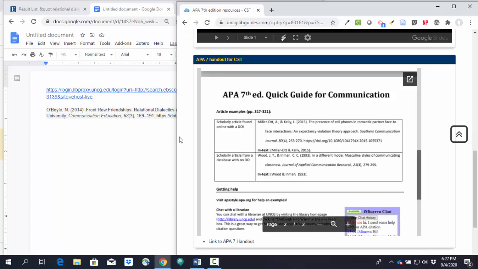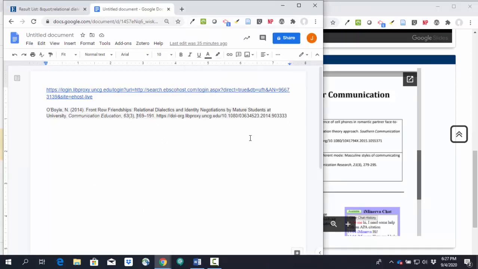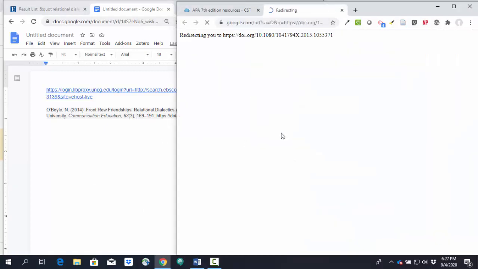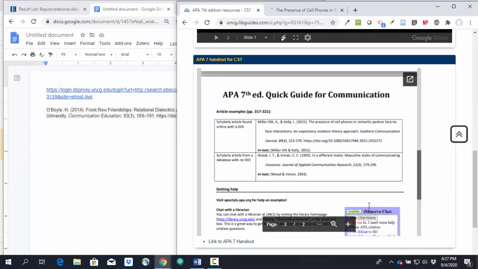So what I'm going to do now is compare what I see over here that I pasted in to what I see on my APA 7 resources tab. Apparently that link works because it opened it up. So here I am looking at this as an example, and I see the beginning of my citation looks good. Author, last name, comma, first initial in this case, if there were first and middle, we'd include that. Then the year in parentheses, and then I get to see one of the main issues that I usually have